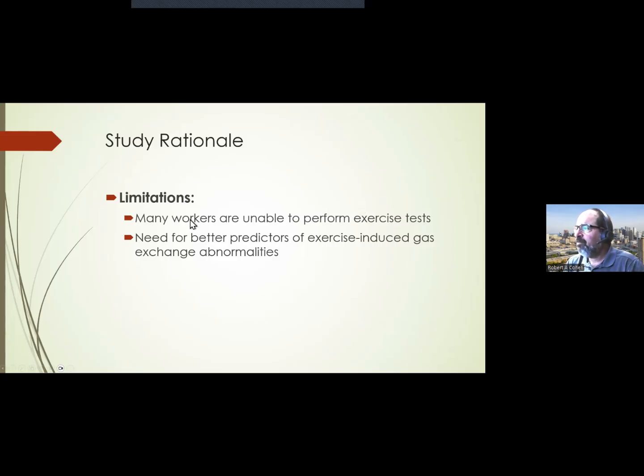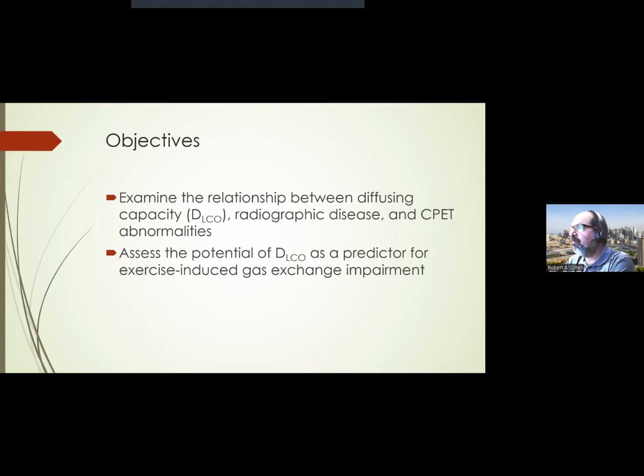They may have cardiac limitations or neuromuscular disease or arthritis and can't do it. And so we need to get better predictors for exercise gas exchange abnormalities. So what we thought we would do in this study was take that data from Dr. Rasmussen's laboratory and then try to establish the relationship between diffusing capacity,